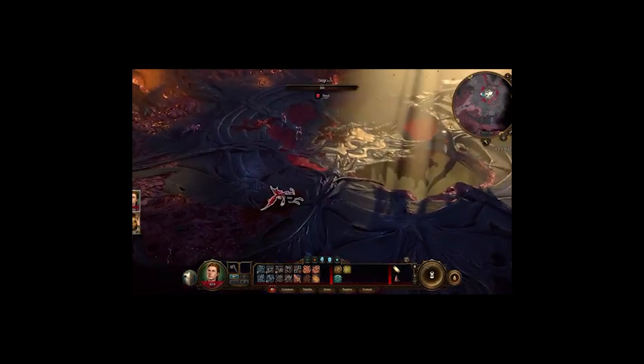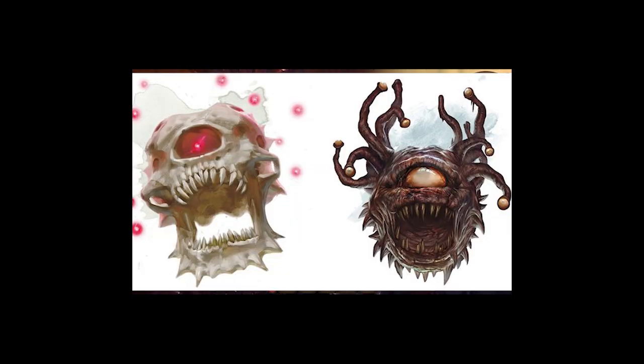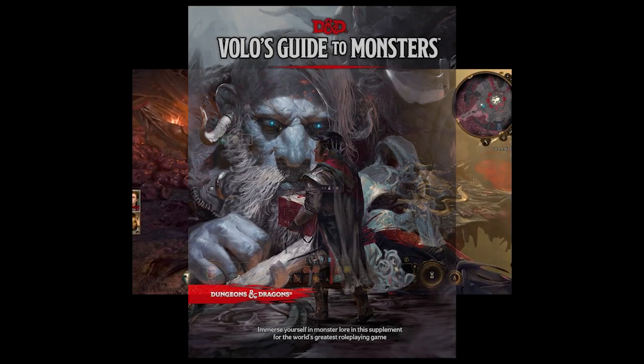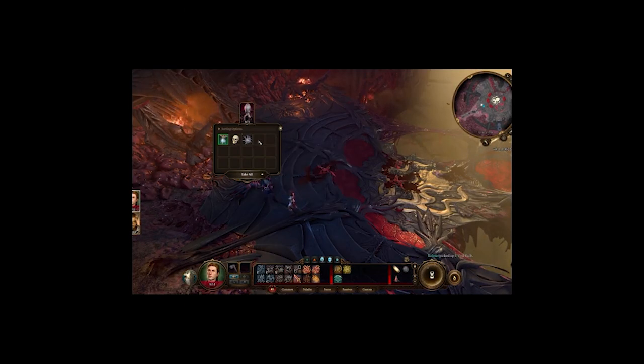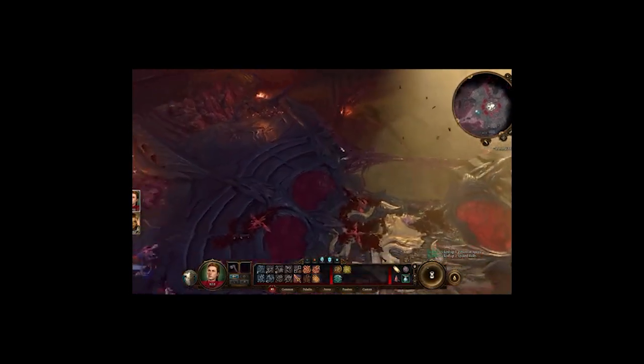So the beholder appears alongside many variants, such as the Death Tyrant and Zombie beholder in the Monster Manual in 2014. Then Volo's Guide to Monsters in 2016 added more detail to beholder culture and contained stats for the Death Kiss, the Gonth, the Gazer, which are different types of beholder kin.